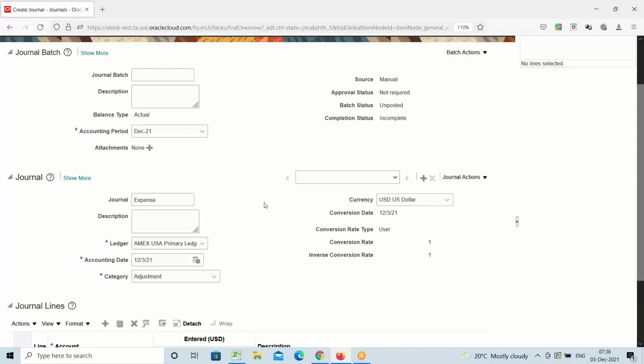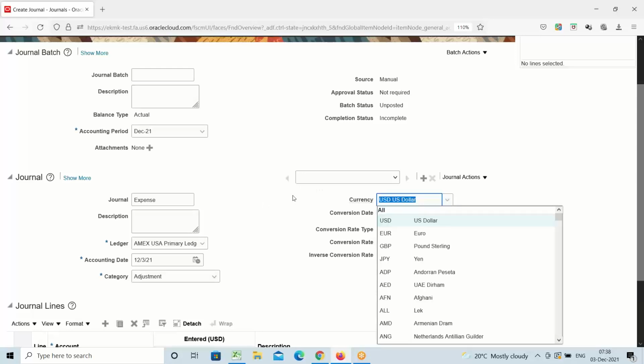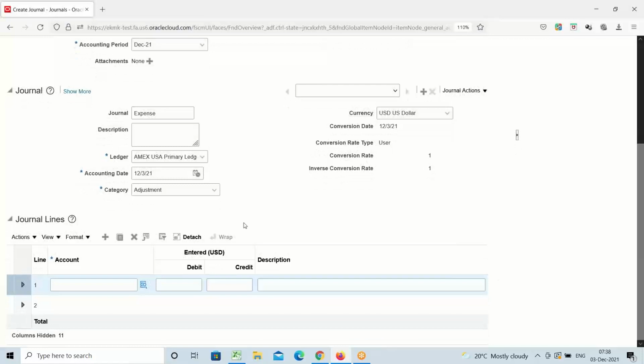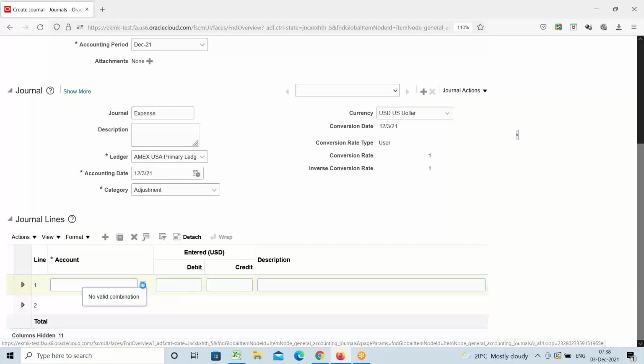If you want to create the transactions in different currencies, you can change the currency. That we will discuss when we deal with foreign currency transactions. We'll see that point. Now you can enter here debit and credit lines. Okay, so click on search,